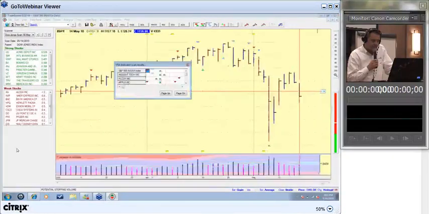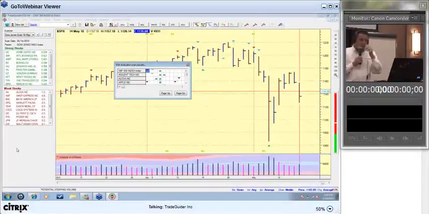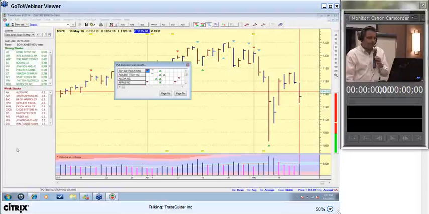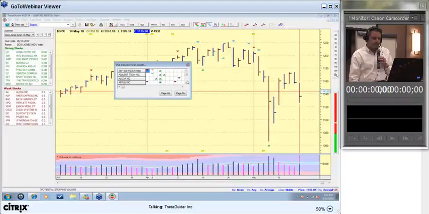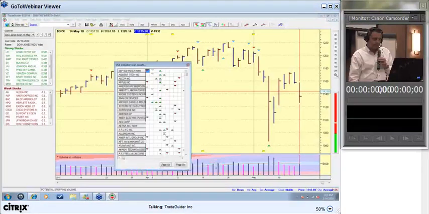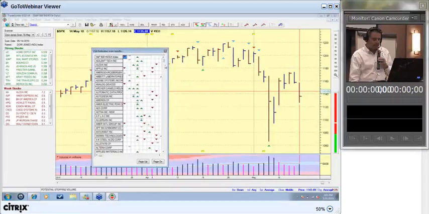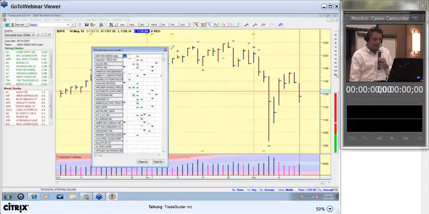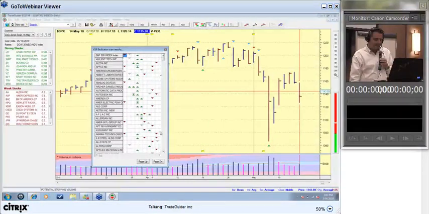All right. Now, what has come up now is a little dialog box. Can everybody see that? Up at the top here. Okay. Let's try and make that a little bigger if I can. Okay. Here it is. Actually, I need to pull that up just slightly there. That's it. Okay. So we can see basically here,